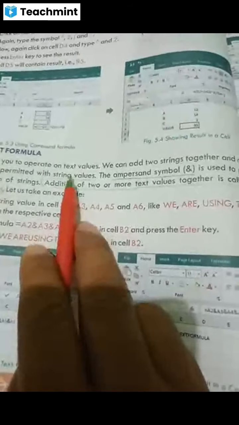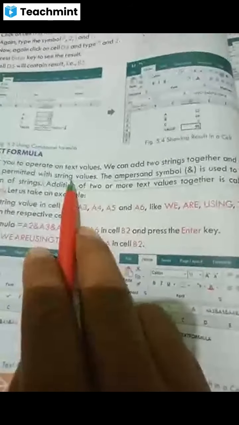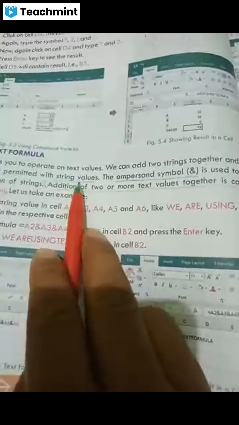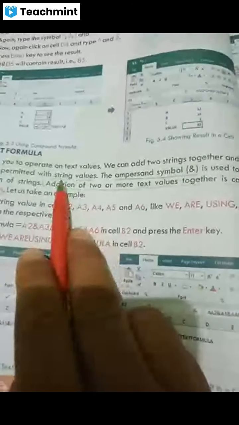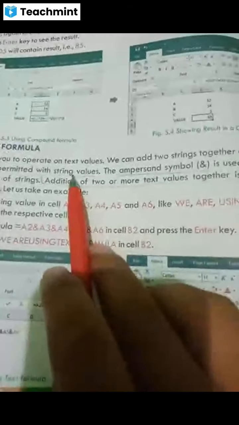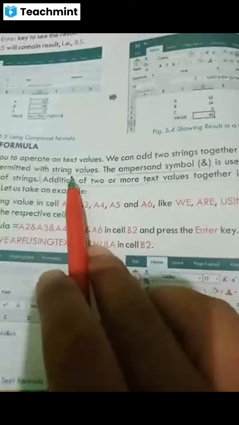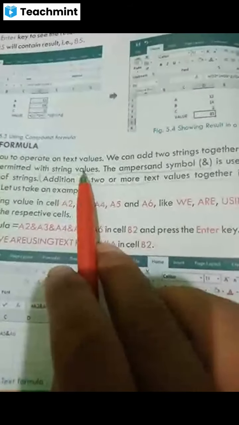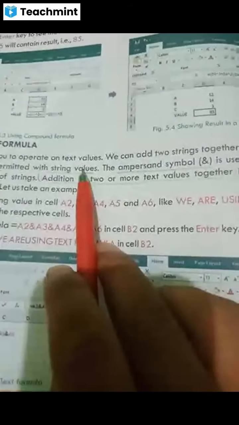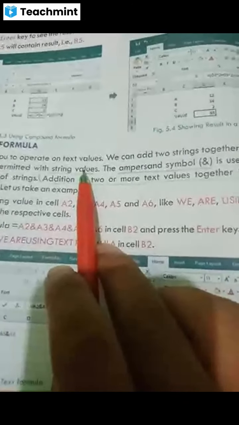A group of characters that are used as data in a spreadsheet program. If anyone asks what you mean by string value, you will say a group of characters that are used as data in a spreadsheet program.